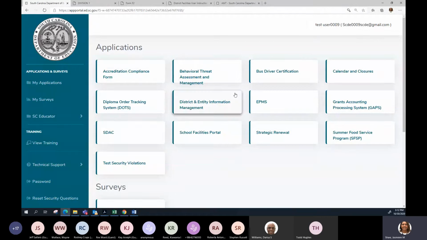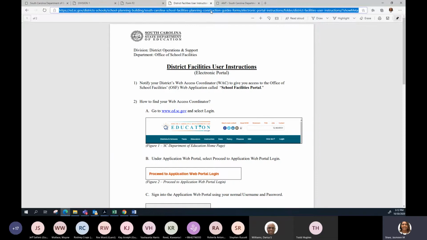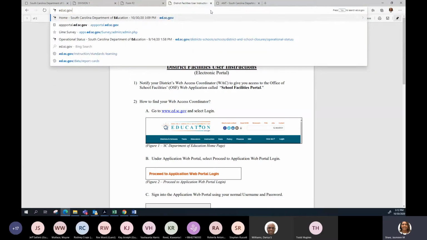Okay, and I mentioned earlier, for you as the district, you want to have your web access coordinator give you access to our application, and you would want to follow the instructions on how to do so, which are located on our website. I'll just show you quickly.